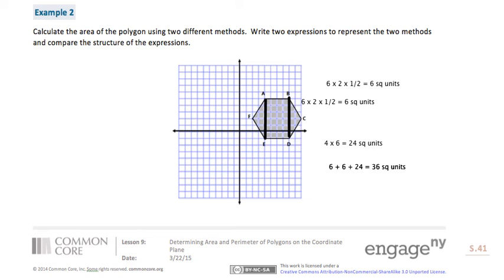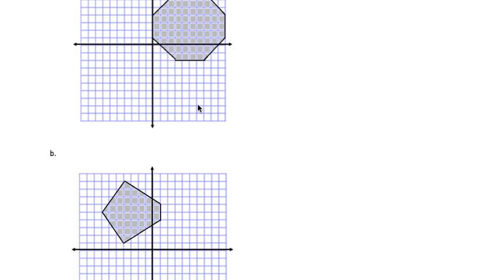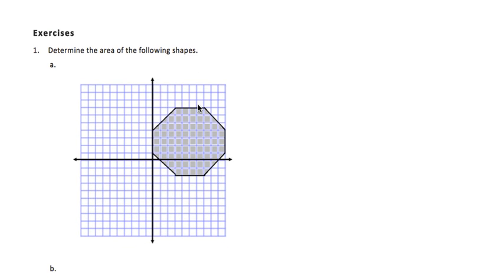Which gives us a total of 36 square units for our hexagon. So in our exercises, we are looking at the same types of situations. First of all, we have an octagon that we'll have to cut apart, and then some other shapes. We'll go one at a time, but we'll go